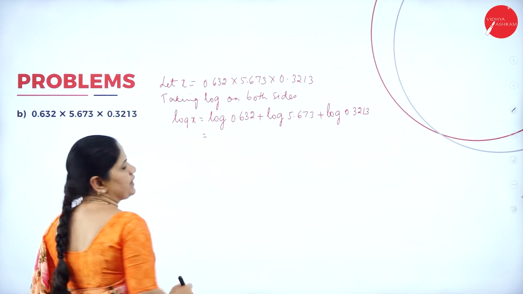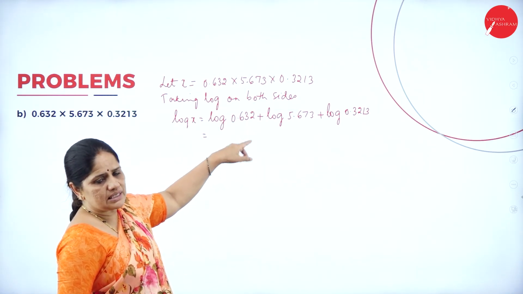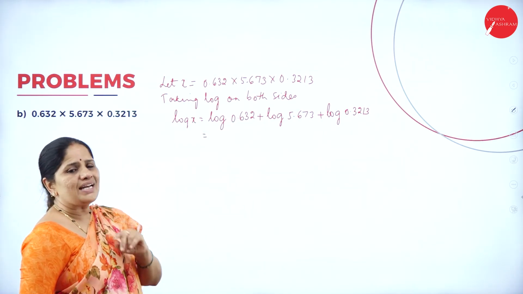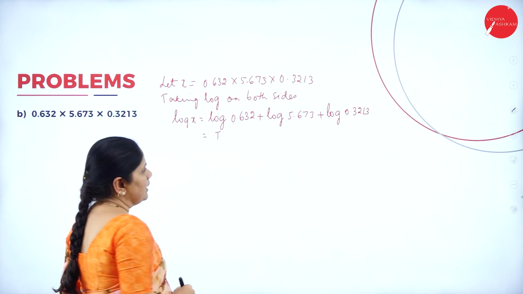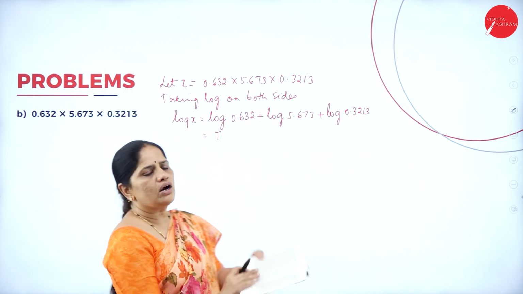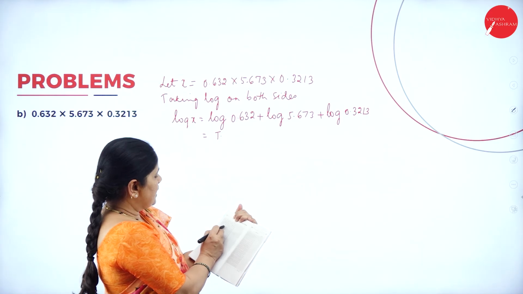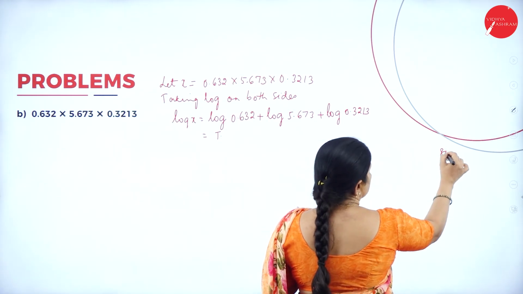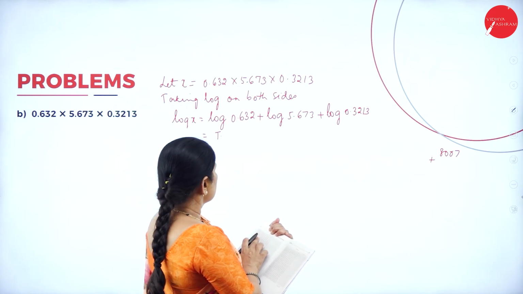Now we have to find the log values of 0.632. Now when I have to find the log value, I will have to see how many numbers are there to the left of the decimal point. So there is only 0. So 0 minus 1 is 1 bar. I write it as 1 bar. Then I find out the value of 632. Now I will take the log table and I will just say 632, 63 and 2. So this comes up to 8007 plus 2, 8007